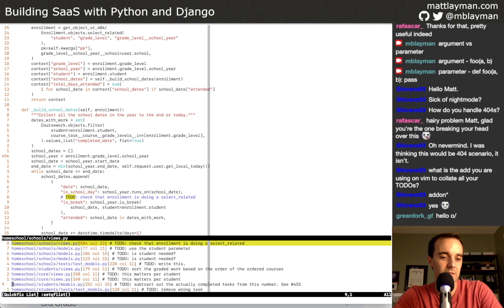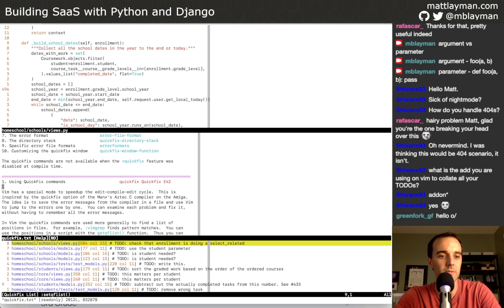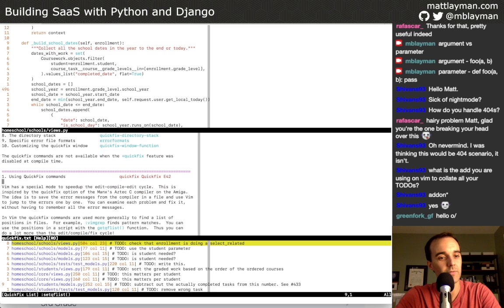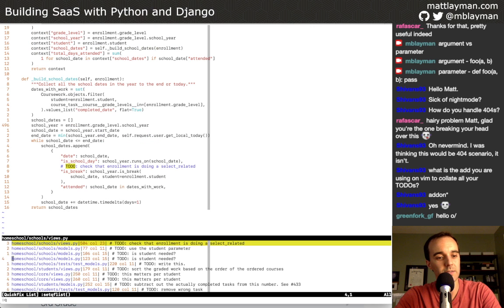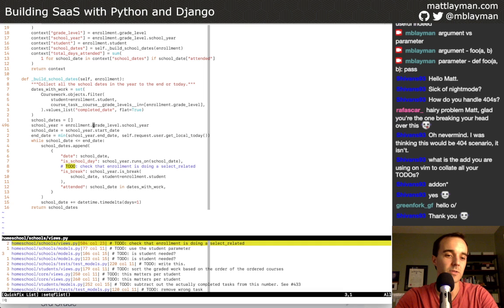But Shivans, you should, let's check it out. Is quick fix, we do that with the help? Yeah, there you go. So you can learn all about the quick fix list. It's a good way for populating a bunch of stuff. And if you use the ripgrep plugin, it's really useful. There are some really cool things that you can do.